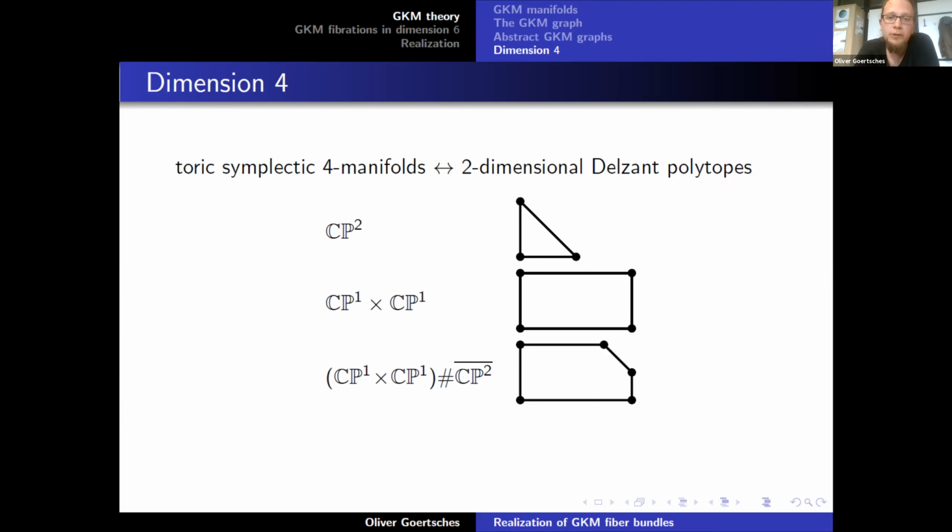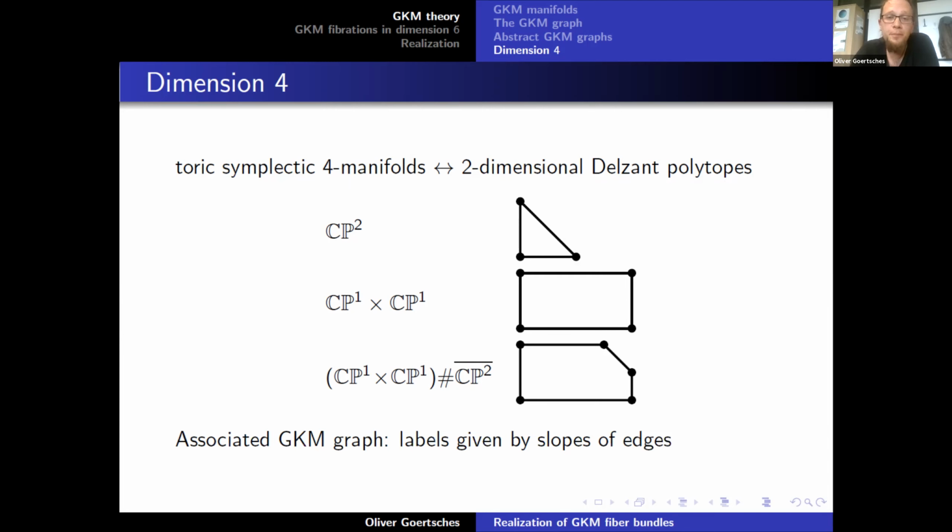And remember, how is the labeling defined? The labeling at any such edge is given by the primitive vectors pointing in direction of the edge. So these primitive vectors. In other words, we forget about lengths of edges. So the associated GKM graph is precisely this, but we forget about lengths of edges and just keep the directions